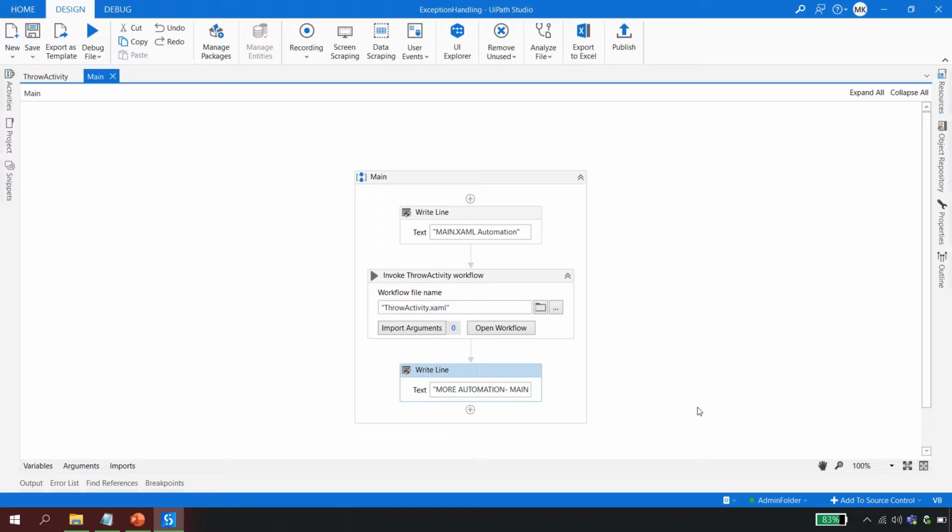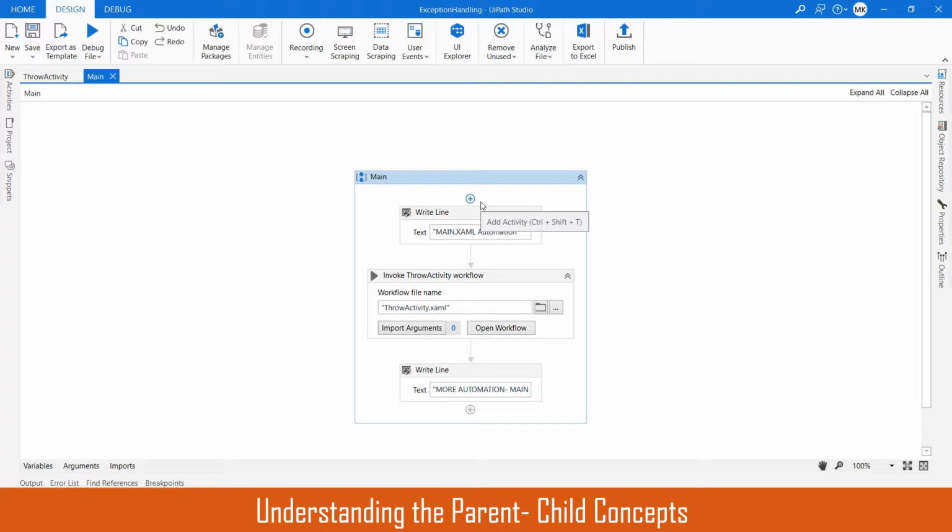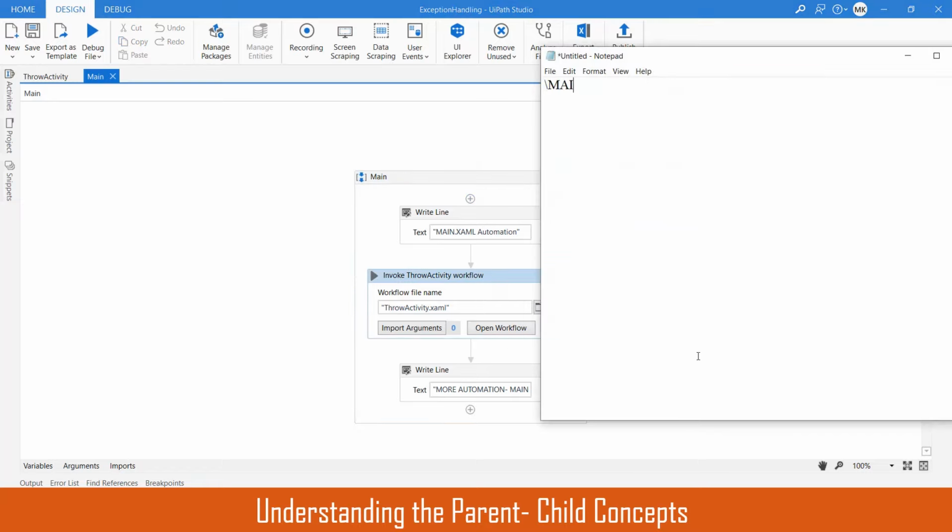If you look at this XAML, what do you see? This XAML is a child and this main is the parent. How do I know? Because main is invoking this XAML, right? So I have something which is called main.xaml, and I have one workflow which is called the throw activity.xaml. If I ask you which one is the parent and which one is the child,